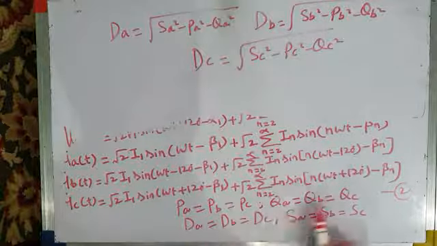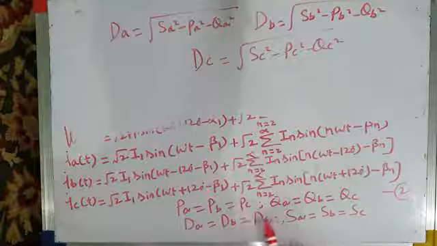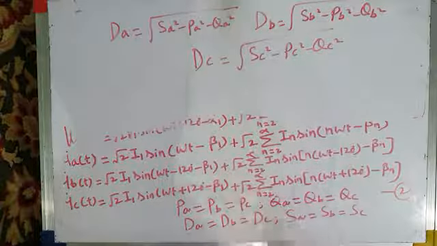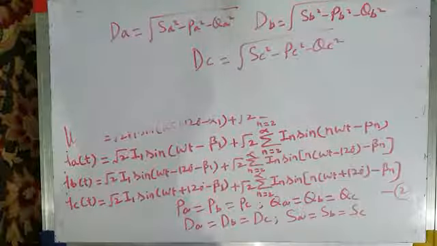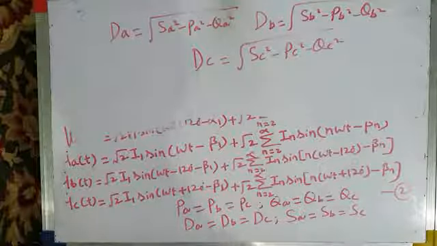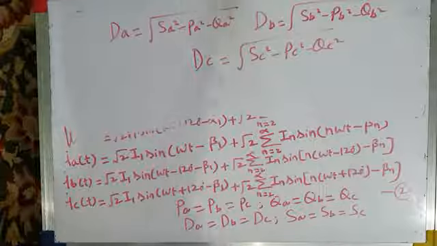Now all these phase powers, whether they are active powers, reactive powers, apparent powers, or distortion powers, they are equal because the system is balanced. The only problem with the system is that it's not a sinusoidal system, it is a non-sinusoidal system. There are harmonics in both voltages as well as currents.